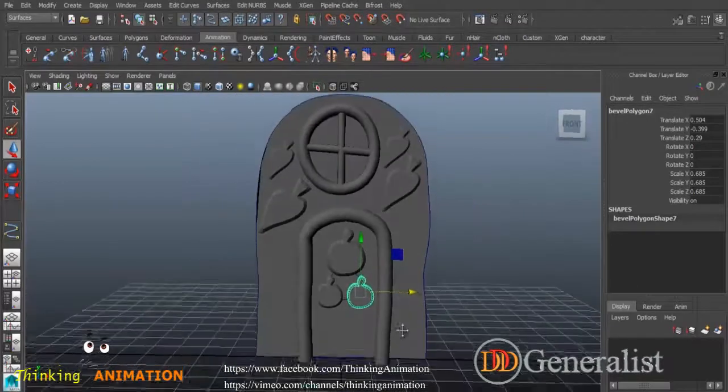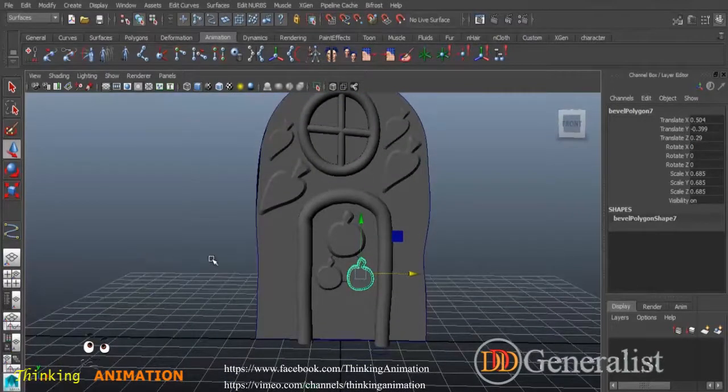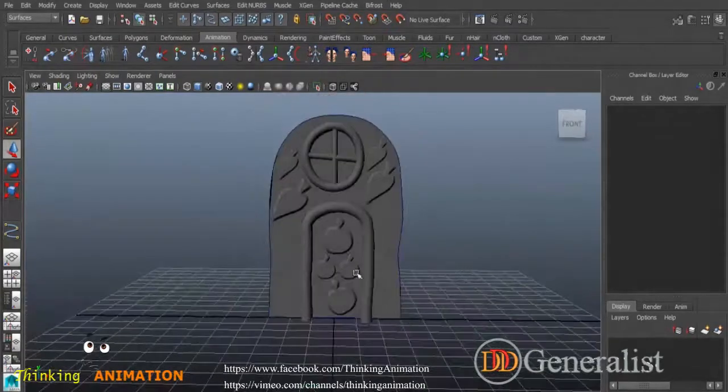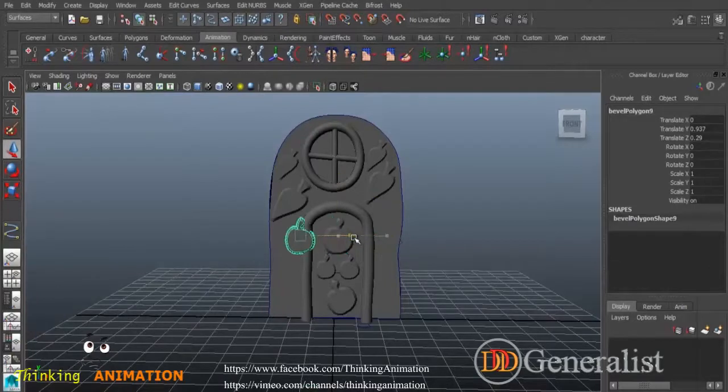Control D, bring a little down, maybe here, rotate him along, scale him up, a kind of adjustment, something like this. Control D, we can bring him out here, down slightly, Control D, scale him a little in, bring him down here, and scale him like this, maybe more like this,